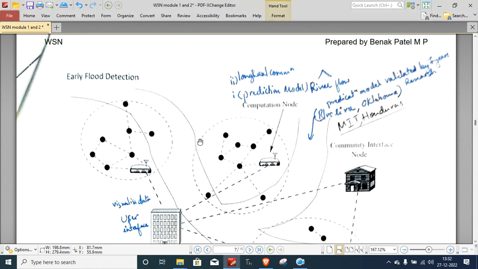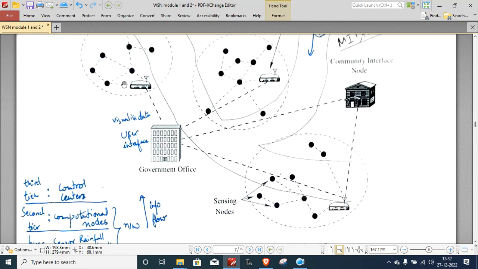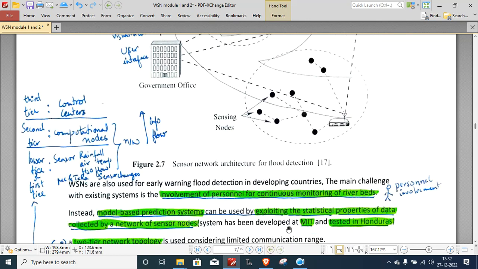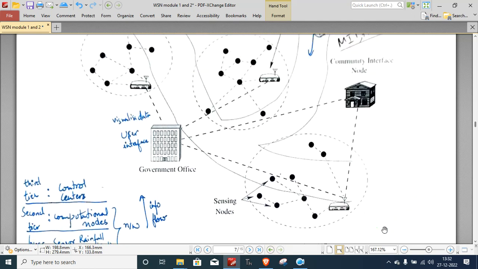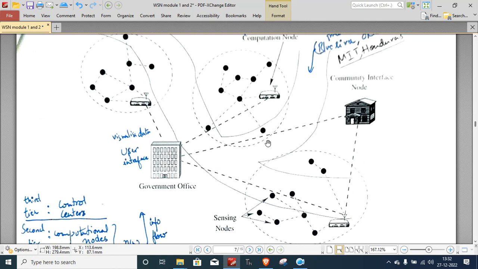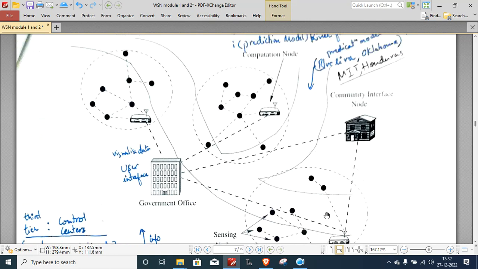Hello everyone, in this video tutorial let's go through applications of wireless sensor network in environmental topic, and in that let's take up this early flood detection system. So in early flood detection system, this was basically a research that was developed by MIT and tested in Honduras, and here we have this sort of model wherein it has various clusters, and these